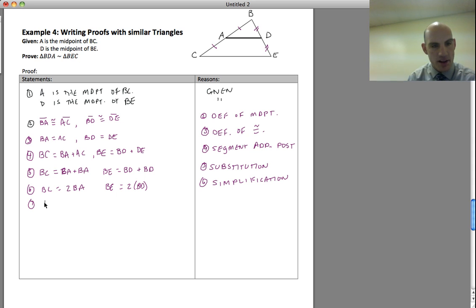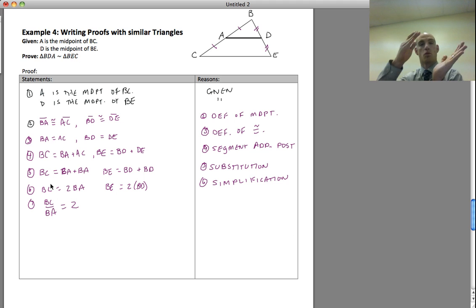because I can now say that BC over BA is equal to 2 because BC is 2BA. Well, if I substitute in BC, that's one little piece. BA is 2 of those little pieces. That ratio is equal to 2. On the same note,